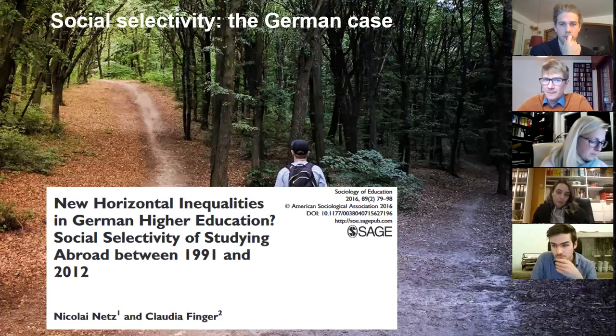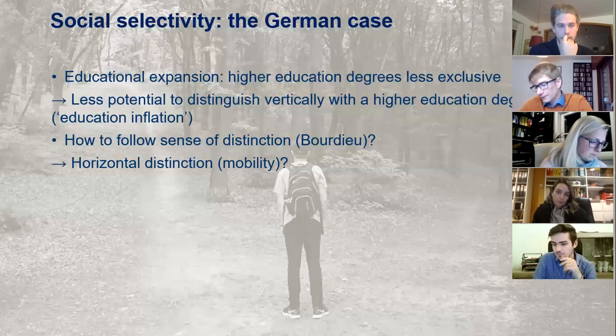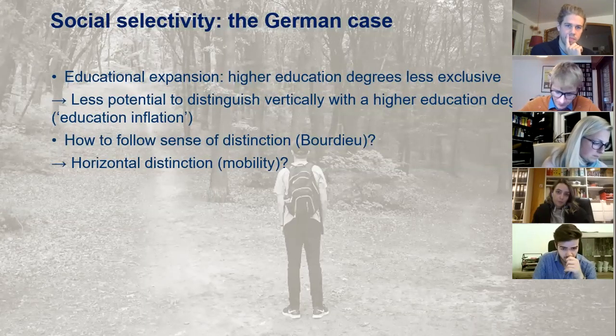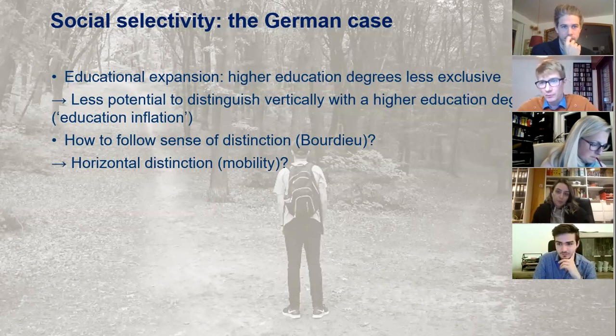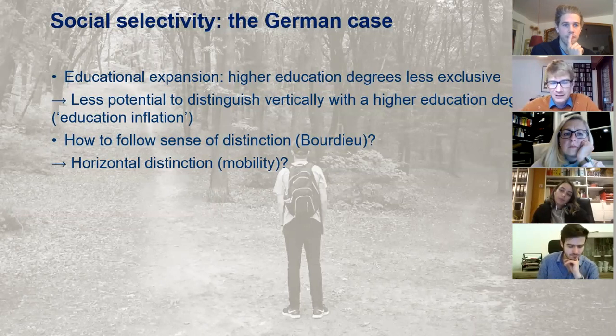The idea is always that it would become less socially selective, because governments, higher education institutions, and the European Commission talk a lot about providing extra funding or more possibilities to disadvantaged people. So that should logically lead to a decrease in social inequalities, and they investigate whether that is really the case. But their argument is nice, I would say, because what they say is, well, you have educational expansion, right?